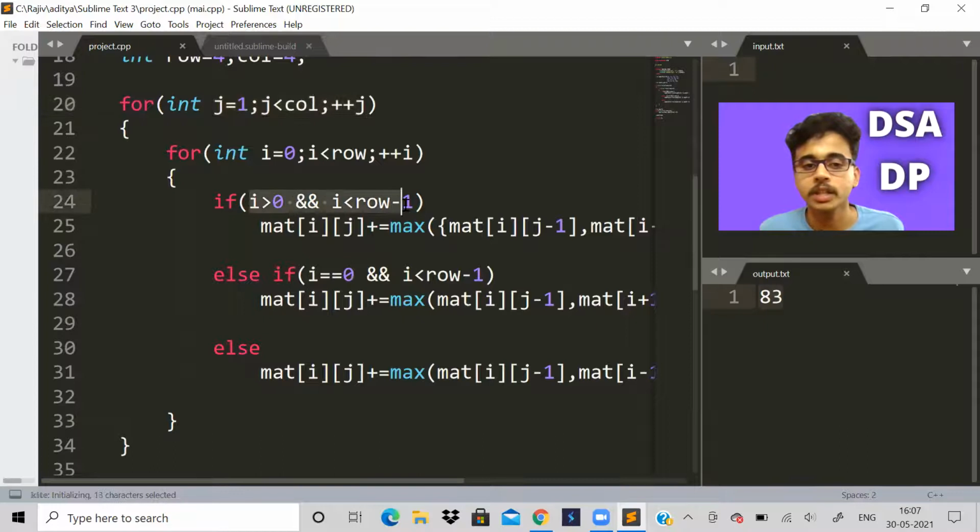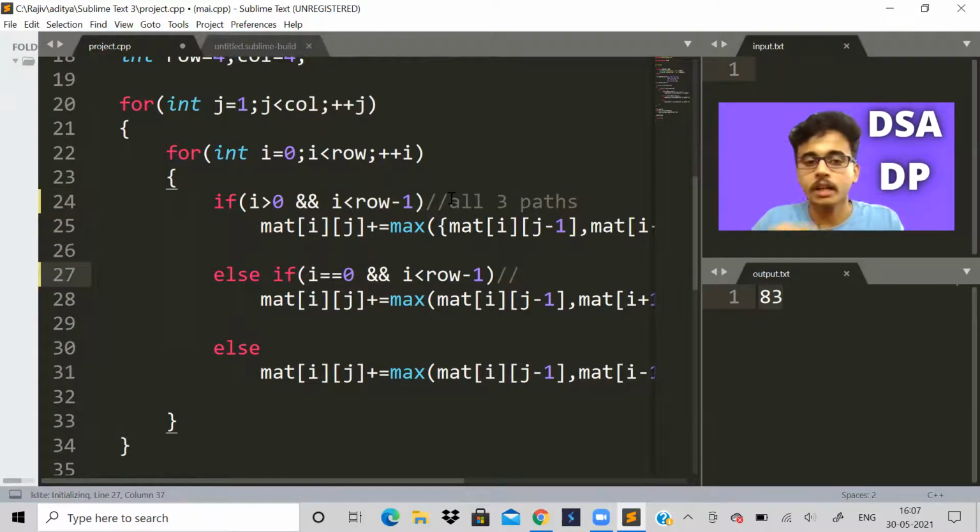This if condition means that all possible moves are valid. That means I could have come from the left, or taken a right down, or a right up approach. So all 3 approaches are possible.